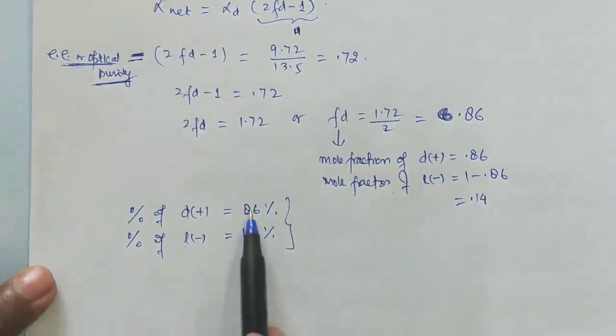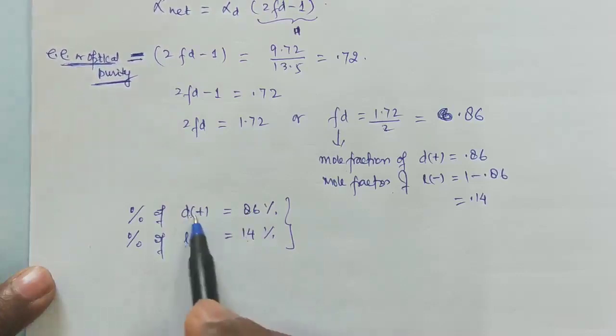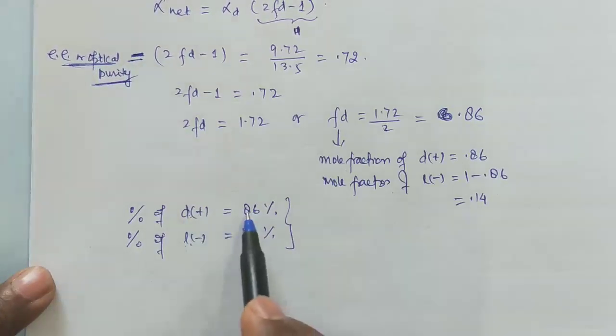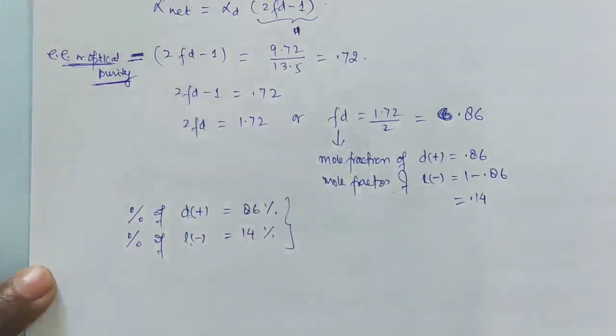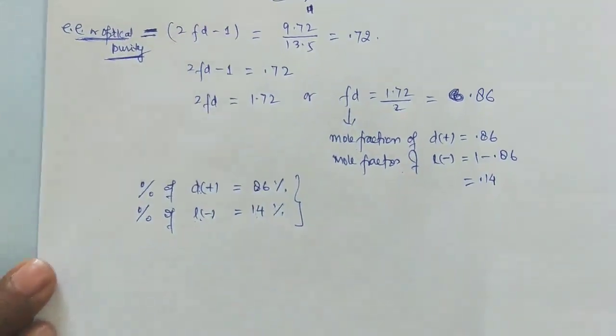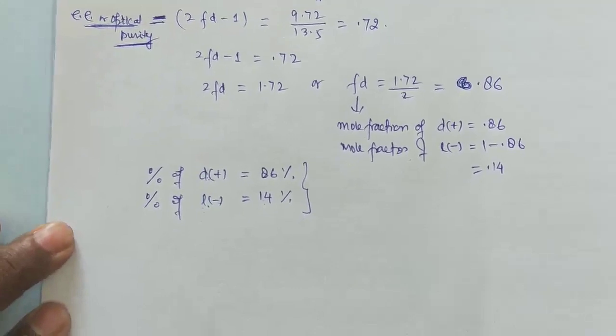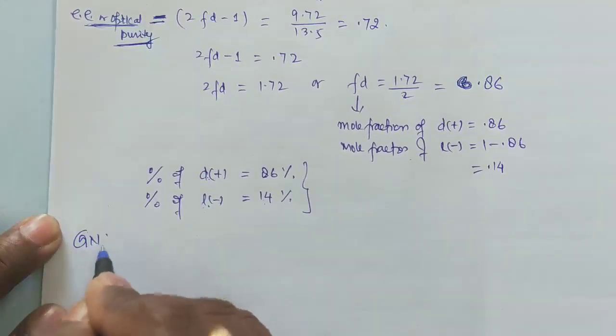Remember, 14% will neutralize 14% because this 14% L racemizes with 14% of dextro. Means 14% of D plus 14% of L minus, they will neutralize each other, and the remaining 72% of D is present, which shows this angle of rotation 9.72. So I think all of you are getting this. One more question. You can write, you can do the next question.